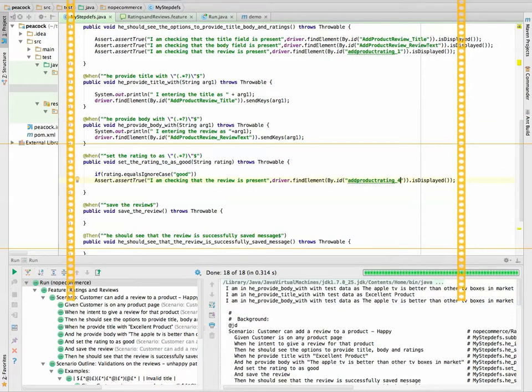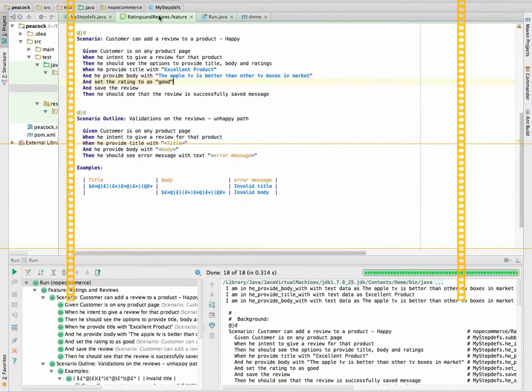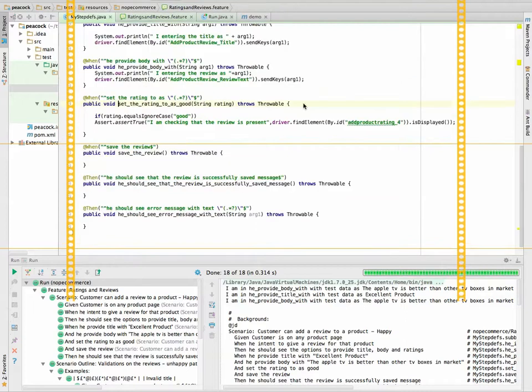I can implement that, but why am I not doing it? Because I am using BDD. I need to not put 1, 2, 3 or 4. I need to put the actual rating: good, bad, everything. That is the BDD. Now in the implementation, I am just converting that good into 4. Nobody will see how I am implementing it. That is my own thing. I can put any number, 4, 5,000. Nobody will care about it. The only thing they care about is this feature file. This should be clean and good. See, now it is taking it. So now if it is good, then it is 4.